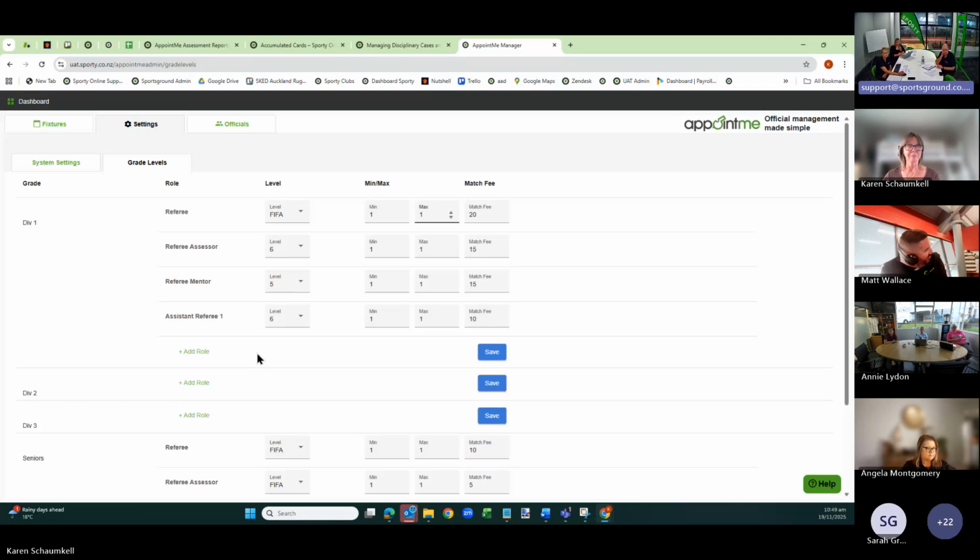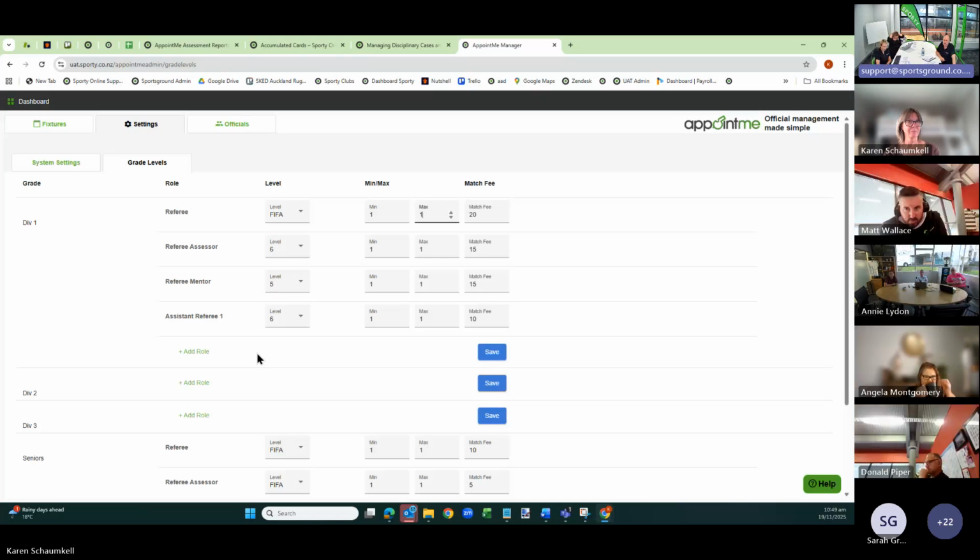Cool. And just a reminder, I think you're probably aware at the moment, the federations have been completing a task of collating their grade lists for going forward, since, as Sarah mentioned, everything within Comet was done under effectively a competition name rather than having grades as a system setting. So going forward, this just makes it easier to structure things, and as Sarah mentioned, you only need to do this once. Thanks, Karen. I'll pass back over to you to continue, please.